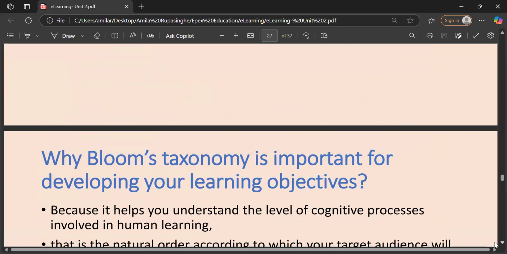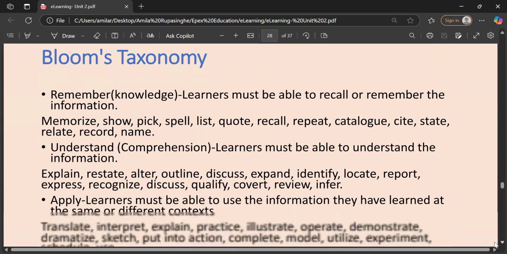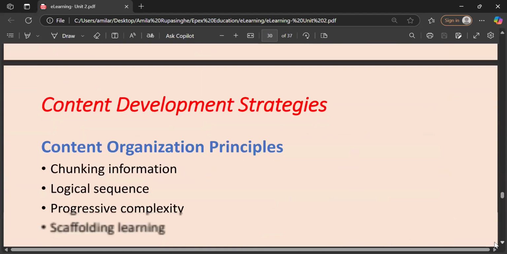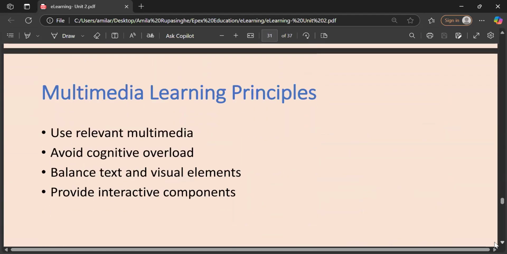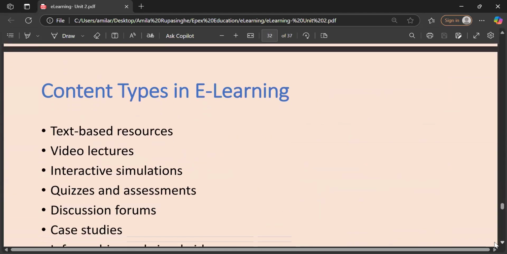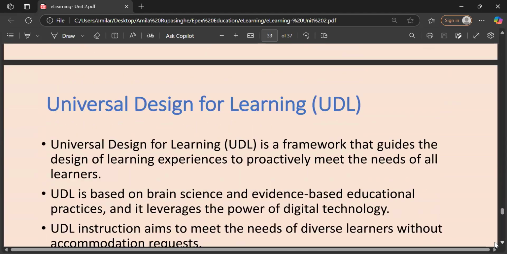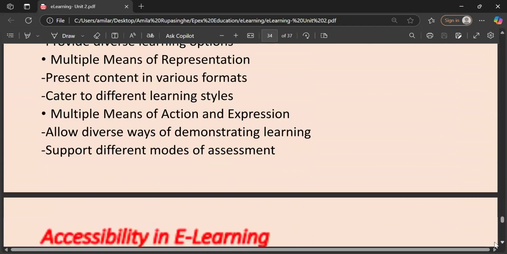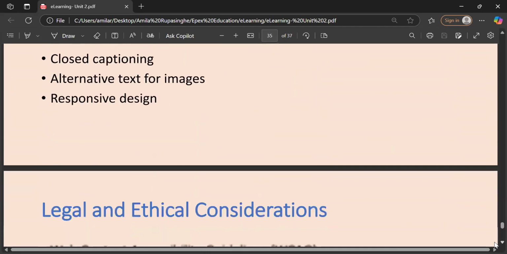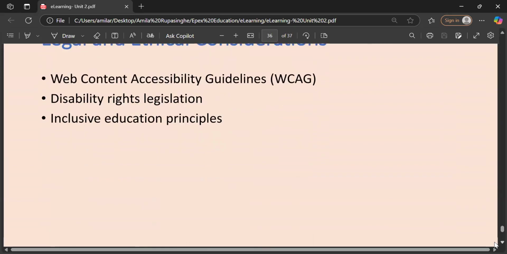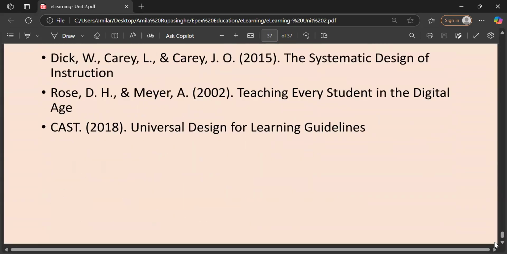Then we will go through Bloom's taxonomy, then content development strategies, multimedia learning principles, content types in learning, and then we have to talk about UDL and UDL principles, accessibility, legal and ethical considerations. That's all, right? Quickly we can finish next day, within 15 minutes, and we will start the third lesson next day, right?